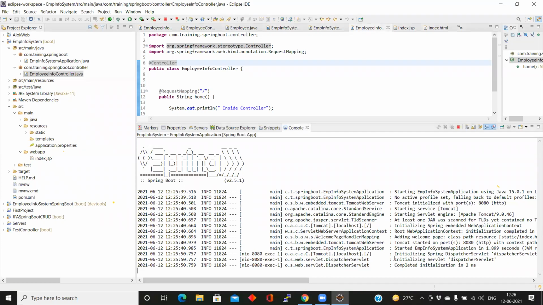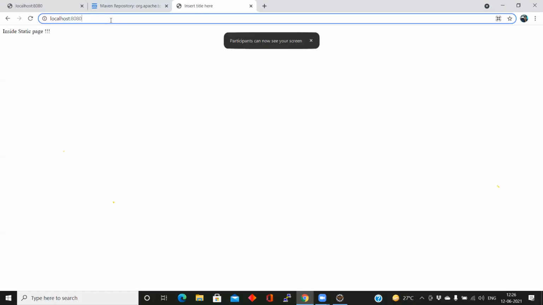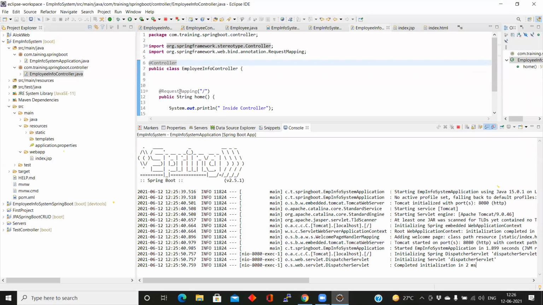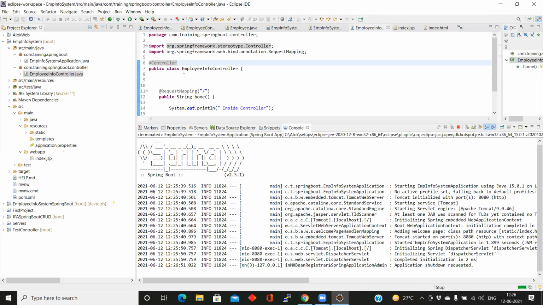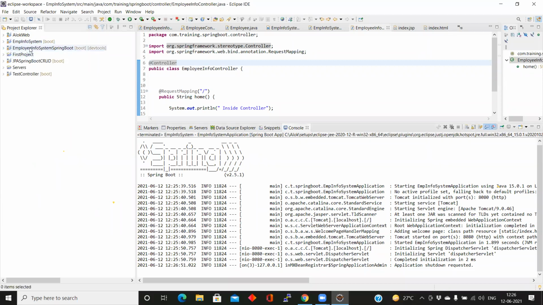One minute. Okay, let's move to our existing ready application. This is the problem I face: sometimes it may be a problem with the editor. Let's work with this application. Here already everything is done.